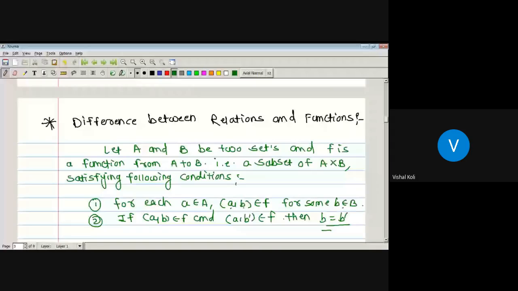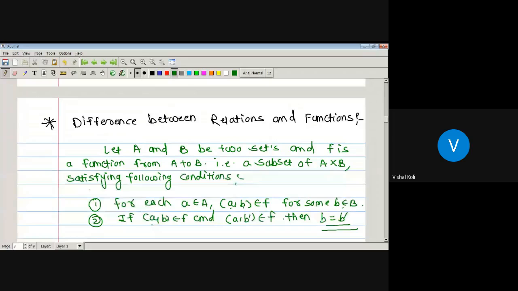Since we know that by the definition of a function, if F is a function from A to B, then each element small a belonging to capital A has a unique image in B. As here, A is an element which is mapped on B and B dash, it is possible that F is a function from A to B only if B and B dash are the same. Since if A has two different images, then F is not a function from A to B, since it contradicts the definition of function. If there are two or more images for any element of capital A, which is the domain of a function F, then it is not a function from A to B.